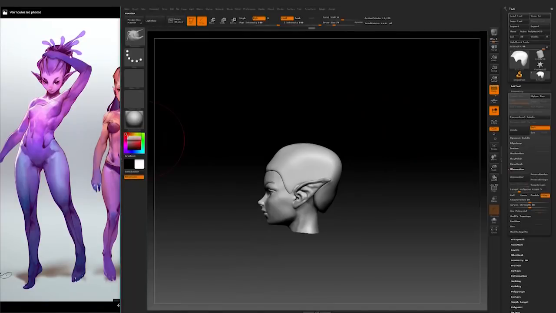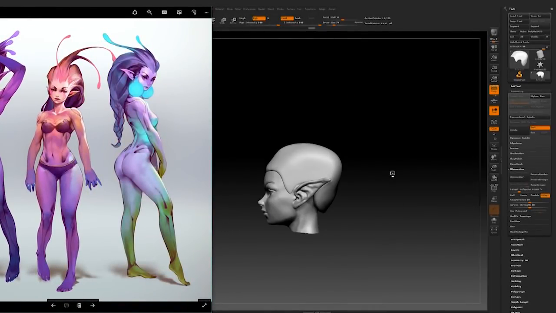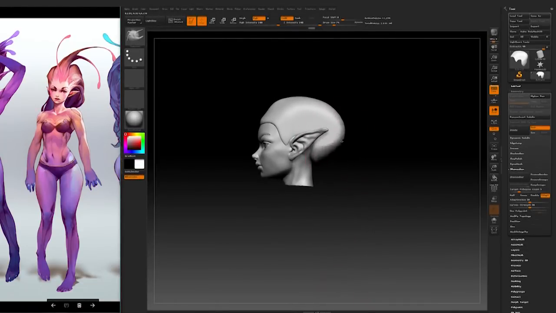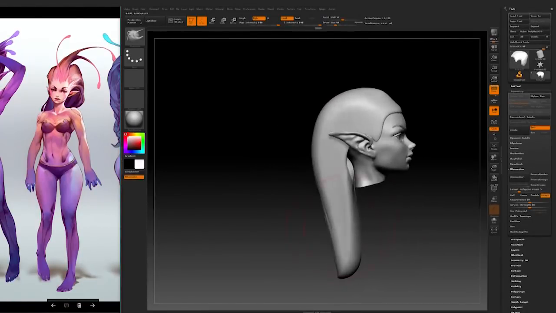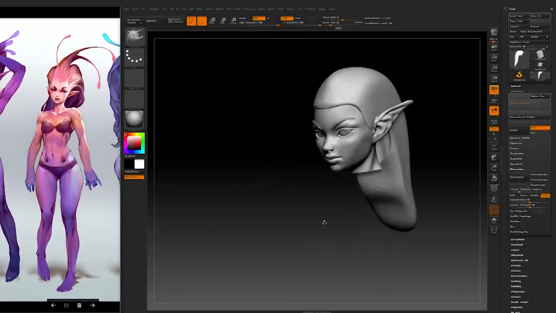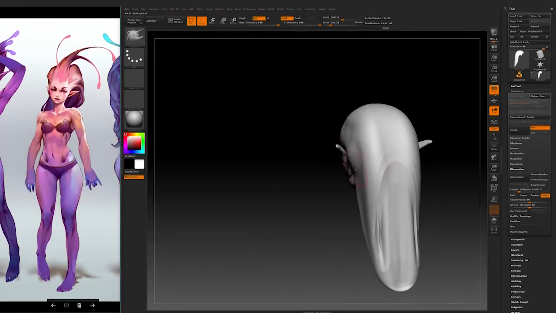So for this, it's really good to just keep it like a sculpt. Treat the hair as everything else. It's no different. So here, just use the snake hook deformer to move the hair,